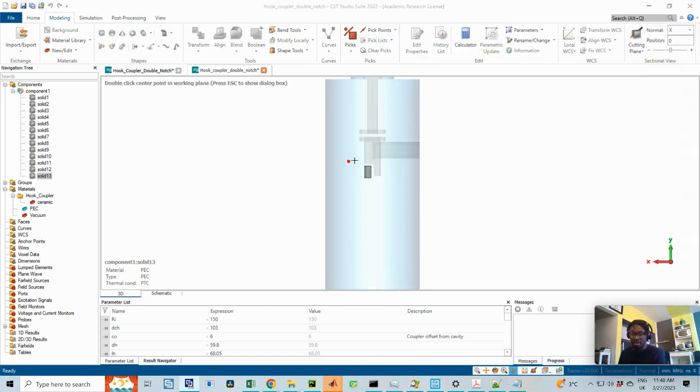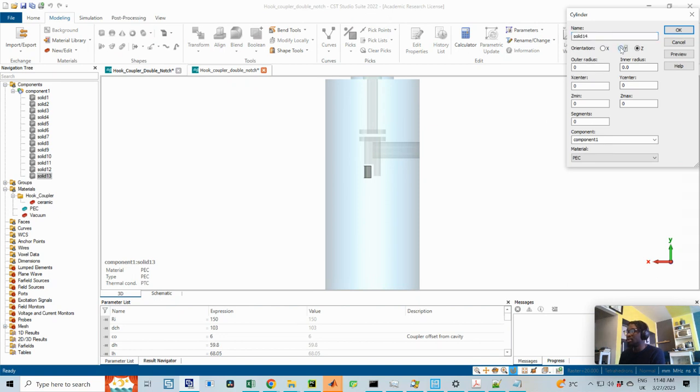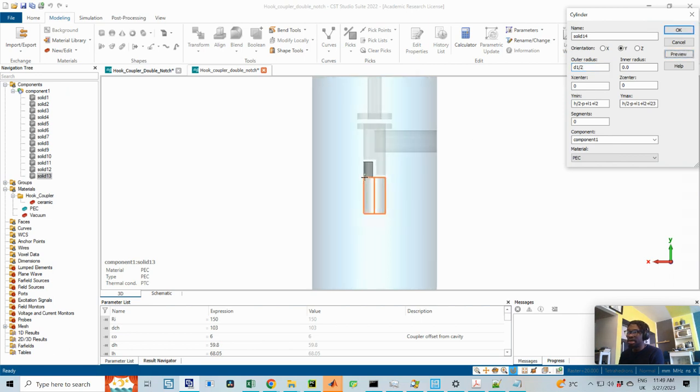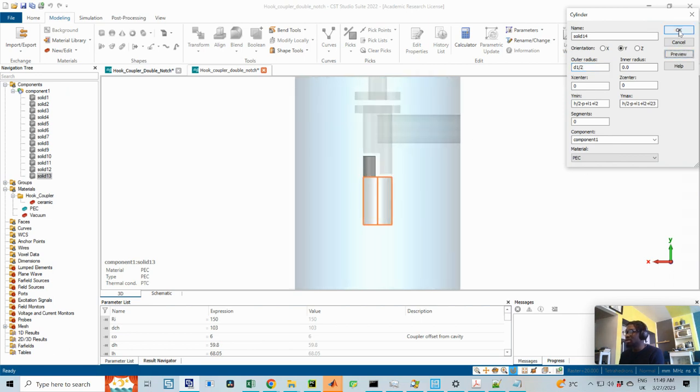So cylinder, escape, and Y, and I hope I still have my dimensions. Yes, I still have my dimensions. So I'm going to copy a new dimension because now we're already done with this. So I'm just removing as I'm going down, just removing from the dimension. So the maximum will be L23, but then the minimum would be minus L23. Inner radius, so the radius is D1 divided by 2. So yes, this is what we have, and I think that's it. Okay,